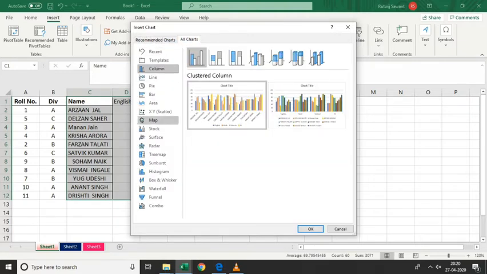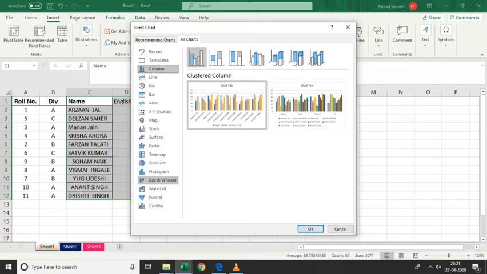If you are using any other version on your computer, it will display the charts according to that. Sometimes you might not get so many charts, such as funnel, combo, waterfall, box and whisker; you will not see these options. My version is different, that's why you might see some more types of chart.